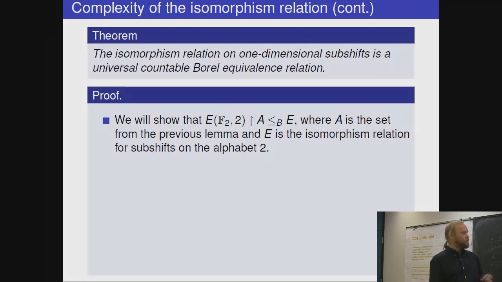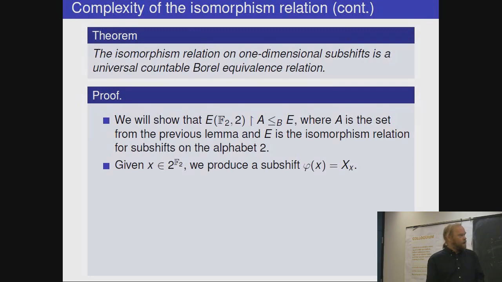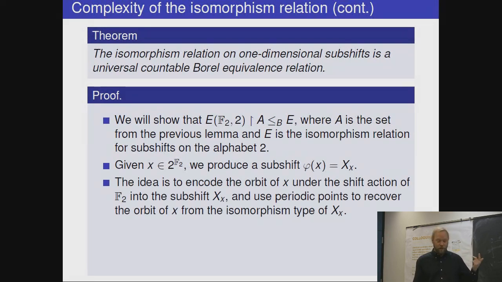And we'll try to reduce the shift action on the nice set to the isomorphism relation on subshifts. The idea is that given an element, really the set A, but in fact we can do it for any element of 2 to the F2, we're going to produce a subshift. And we want two elements to be shift equivalent if and only if they produce isomorphic subshifts. The idea is to encode the whole orbit of an element of our shift space into the subshift in a way that, if two sequences were shifts of each other, we can somehow rearrange the